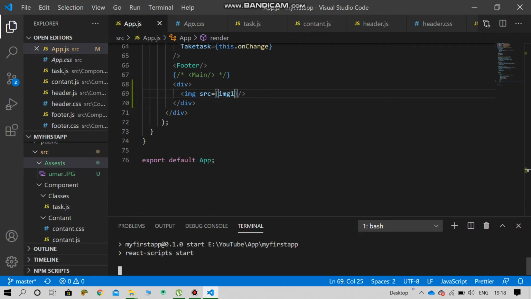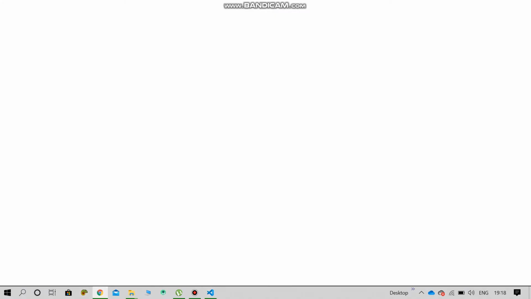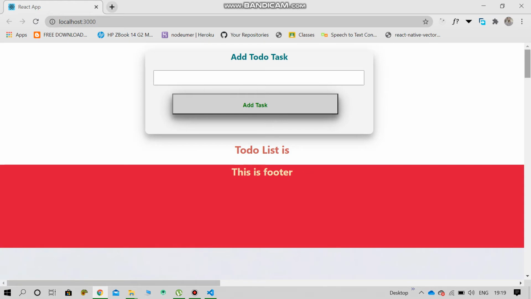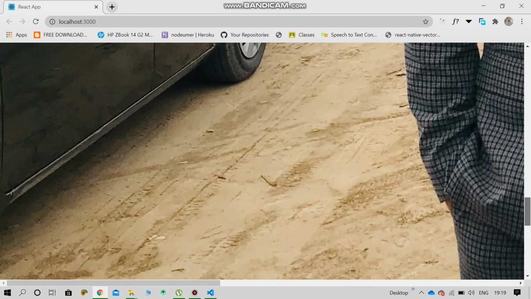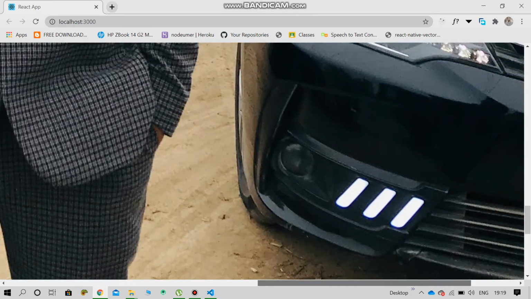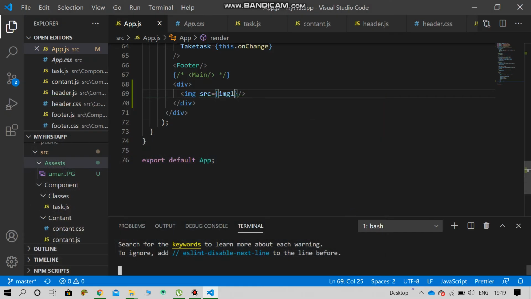So we have an output window. Let's start it. Okay, here you can see the image.